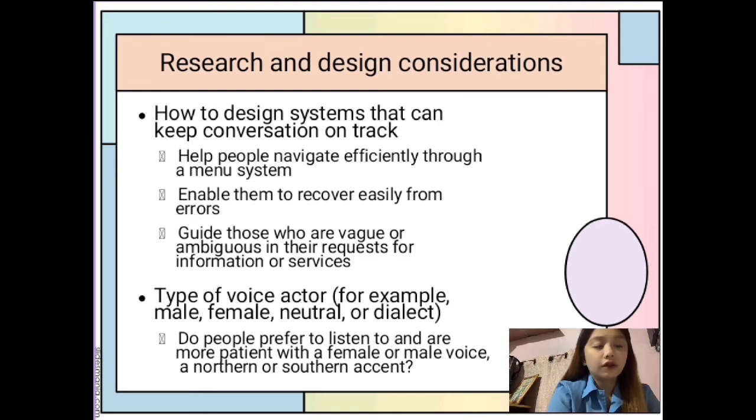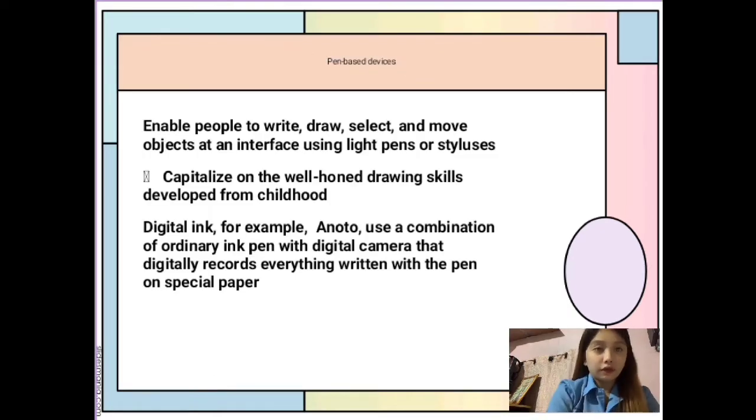Type of voice actor, for example, male, female, neutral, or dialect. Do people prefer to listen to and are more efficient with a female or male voice? Northern or Southern accents. And of course, for pen-based devices, enable people to write, draw, select, and move objects at